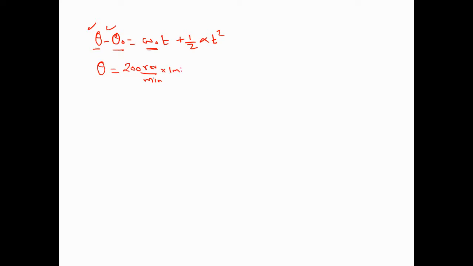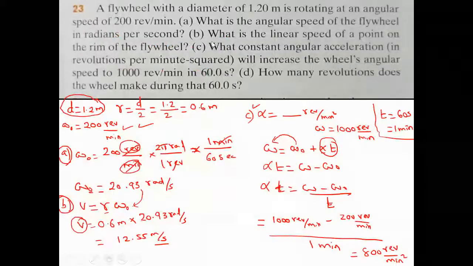Okay. Now I'm going to use the second equation. What is our second equation? Theta minus theta naught is equal to omega naught t plus half alpha t square. Am I right? So your final position, initial position. Initial is 0, so I can just write like this. What is our omega naught? It is already given in the question as 200 revolution per minute. And what is your time? The time is already given as 60 seconds, so 1 minute, plus half alpha value, which we just found in the previous question, which is nothing but 800